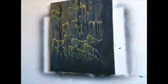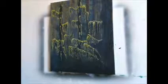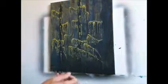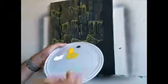There's my thin wash of yellow over the whole thing. It took me about 2 minutes. Okay, now you take your hooker's green,